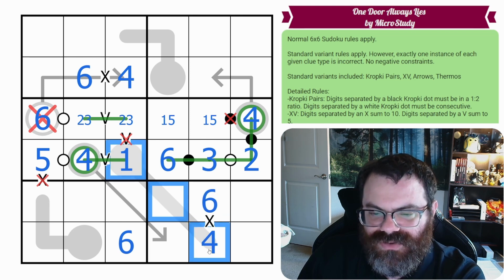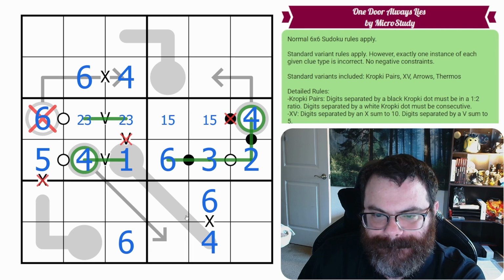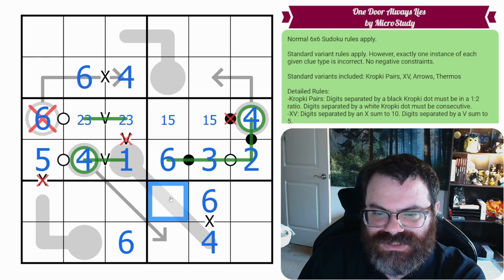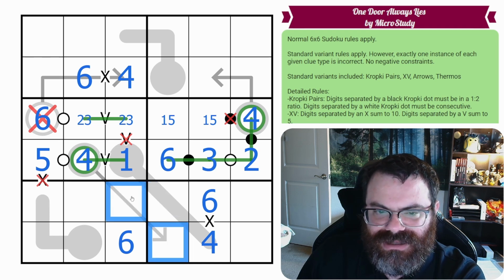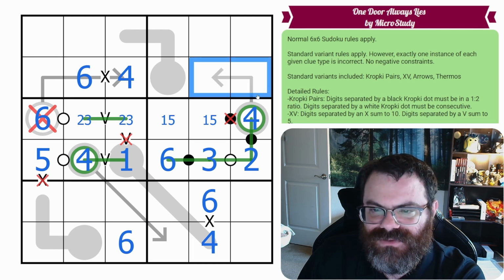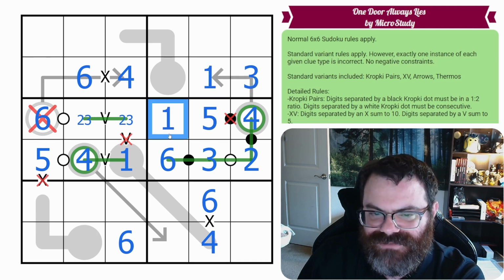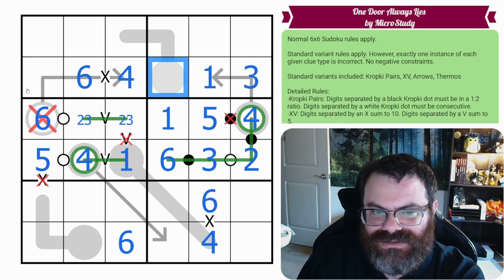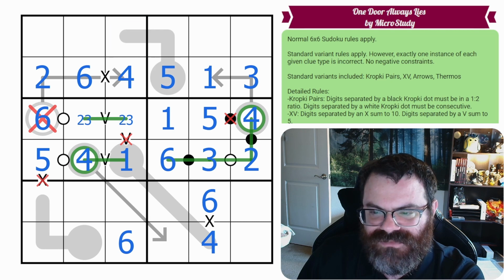We don't know that this thermo is correct yet. If it was, this would be 2 or 3, which seems okay. Okay, how do we want? Oh, adding to 4 is only 1, 3. So let's fill that. Oh, come on, if I can type the right numbers. So we know that's the 1, that's the 3. We get the 5 and the 1. What's this pair? We need a 2 and a 5. We know the order. So now we know this thermo is incorrect,